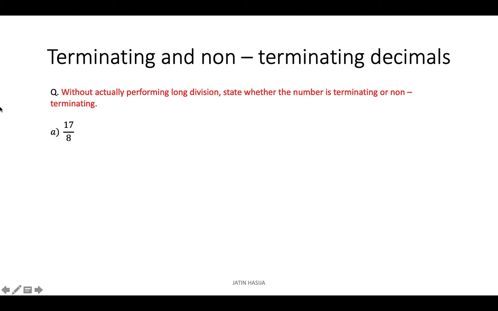Now, as per the theorem, if I can convert this in the form of 2 to the power of n and 5 to the power of m, then it will be known as a terminating decimal. To start with, 17 upon 8 can also be written as 17 upon 2 to the power of 3. Now, in this 2 to the power of 3, if I multiply this by 5 to the power of 3 on both the sides,